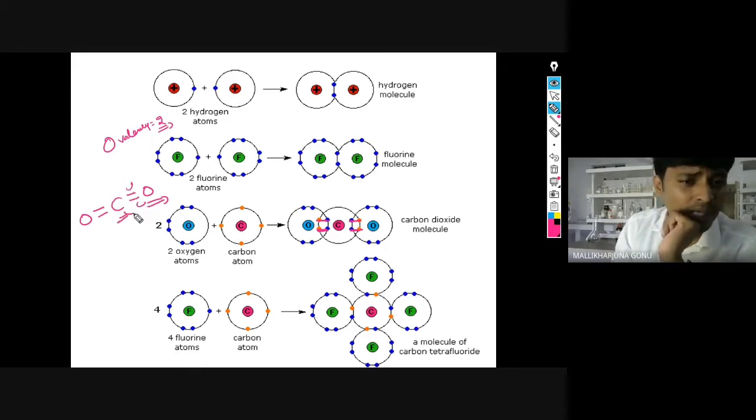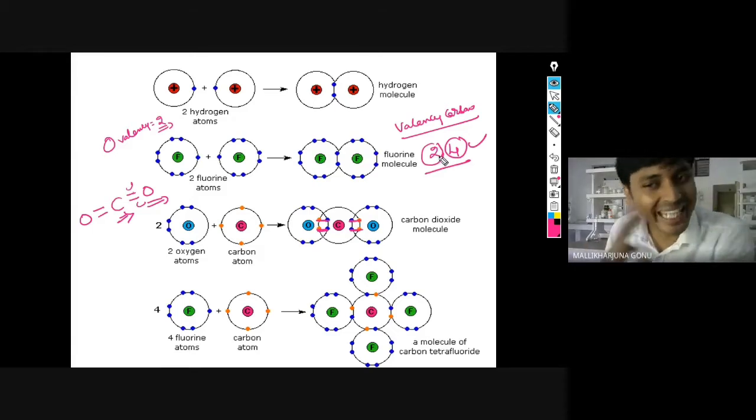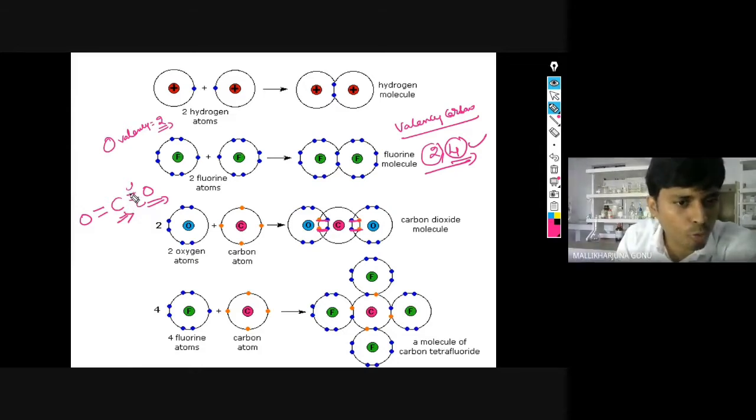What is the valence of carbon, Roman? Four. So what is that one? Electronic configuration 2, 4. The inner shell will not participate in the reaction. So this is only the valence of that particular compound: how many electrons it is sharing, or how many it is taking or giving, that is only valency. So the valence of carbon is 4. So how many bonds should carbon always have? 4 bonds. 1 bond, 2 bonds, 3 bonds, 4 bonds.